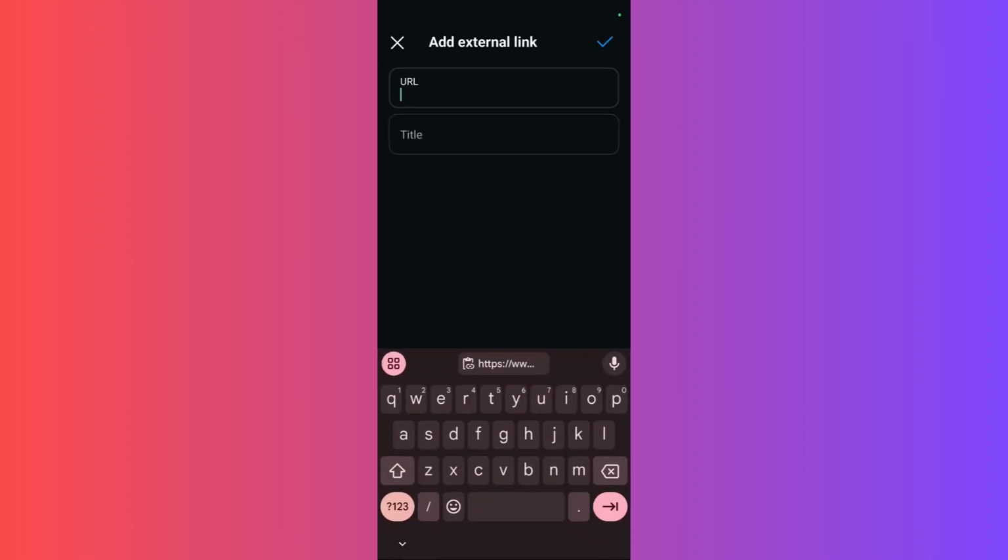Click on this button and here you need to copy the exact URL of the website or the web page to which you want to redirect the user. So if I paste my website link here, and then you may put any title if you want to. So for example, I'll put the title like this, and then what you can do is simply click on this tick mark icon at the top right corner,